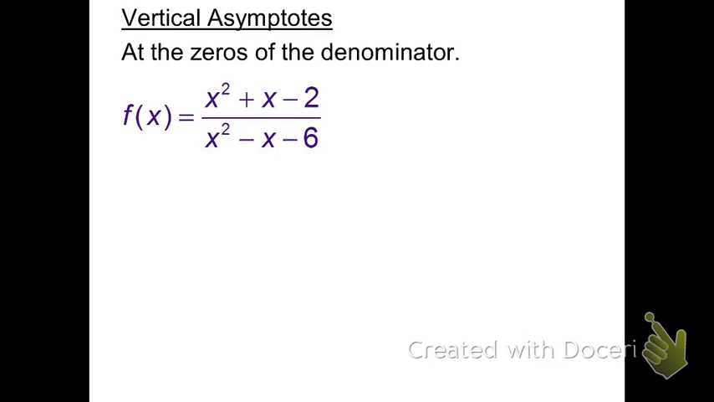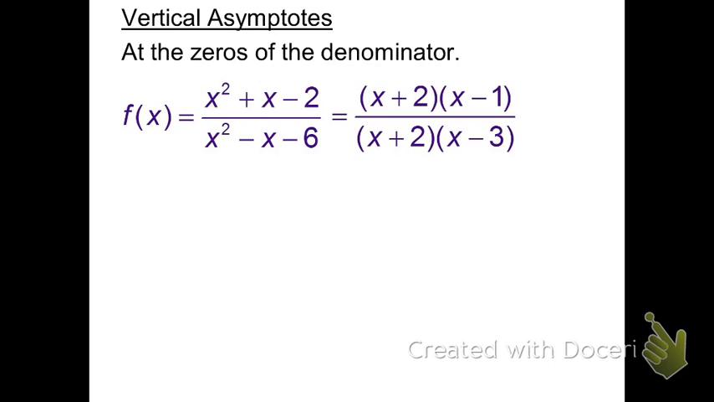For example, if I have f of x equals x squared plus x minus 2 over x squared minus x minus 6, I'm going to factor the denominator so that I can find out where the vertical asymptotes will be. In this example, I factored the top and the bottom. The top factors into x plus 2 times x minus 1, and the bottom factors into x plus 2 times x minus 3. The x plus 2 cancels on the top and bottom,